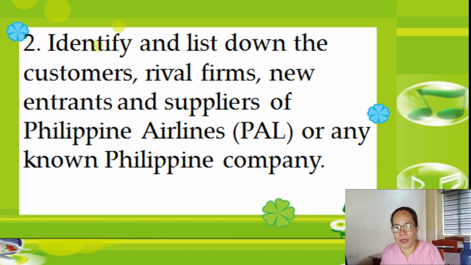So, ano ang gagawin at paano gagawin? Ganito po yun, ABM. Hahanap kayo ng isang kilalang Philippine company. Ang dami nun. Isa lamang ang PAL, may Coca-Cola, may San Miguel. Basta madami siya. Tapos, gagamit kayo ng colored pencil. Paano? Gagawa kasi kayo ng diagrammatic framework. Ano ang ilalagay sa diagrammatic framework?